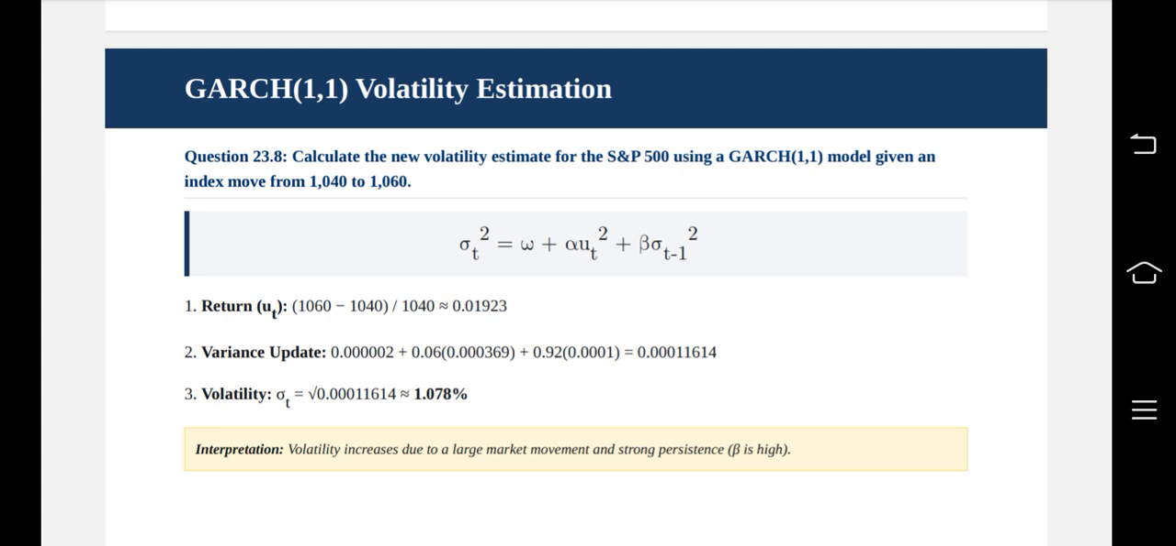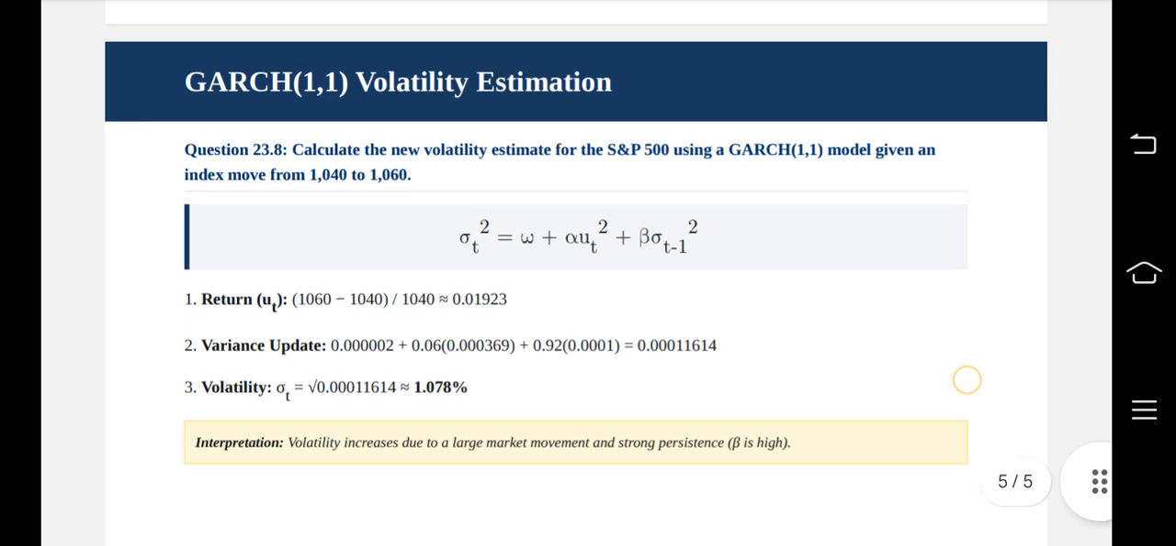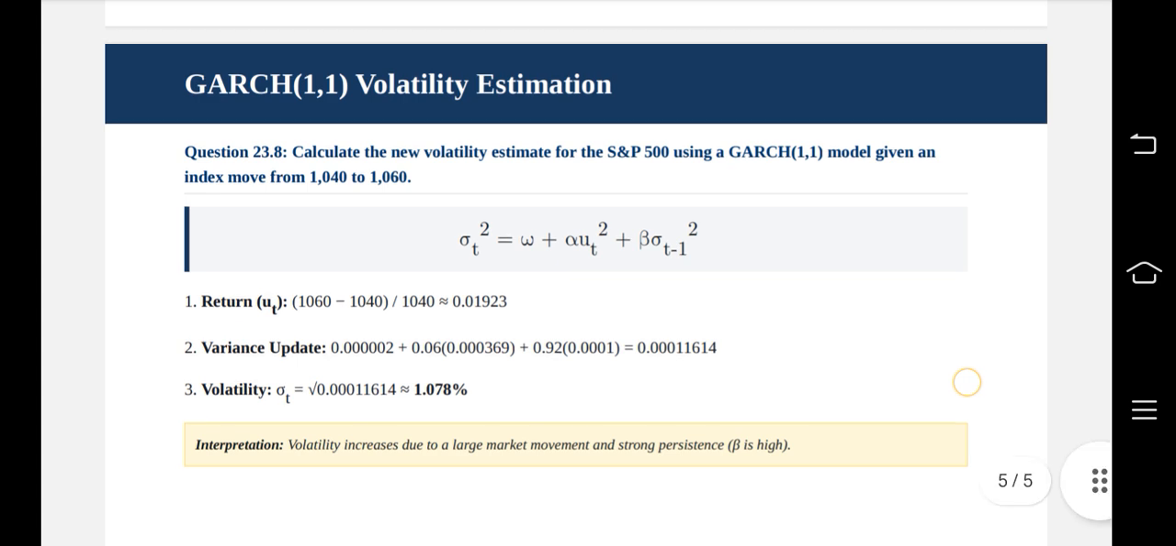Finally, question 23.8 looks at the GARCH(1,1) model applied to the S&P 500 index. Unlike EWMA, GARCH accounts for mean reversion through the parameter omega. Given an index move from 1040 to 1060, and a high persistence parameter beta of 0.92, the return is calculated as